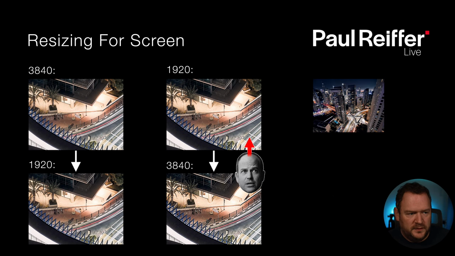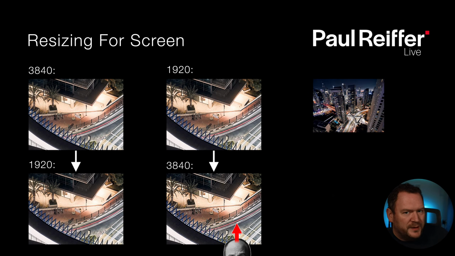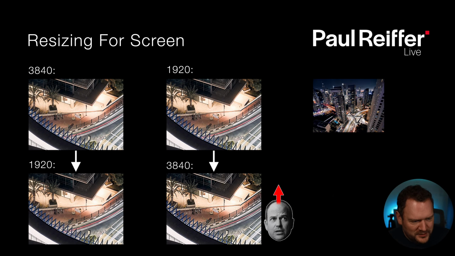However, if you take a 1920 image at 100% and you blow it up on a 3840 screen, a lot of people think it will go blurry. It actually won't. What you'll end up with is almost jaggedy edges. It is a little bit blurry, a little bit soft. There's half a Grover there. Let's get rid of him.